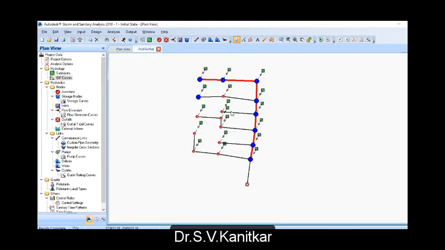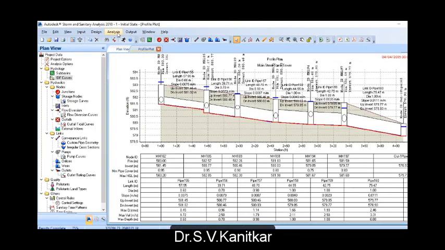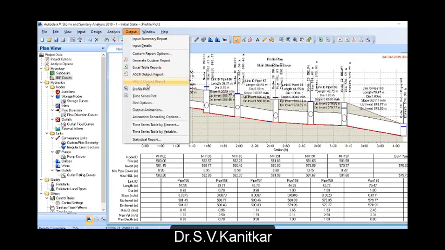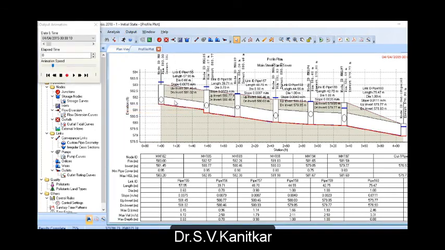So now in the cross section you can see the red portion indicates the flooding, or where the pipes are critical, while in animation you can also analyze as to how the water level is going to change.